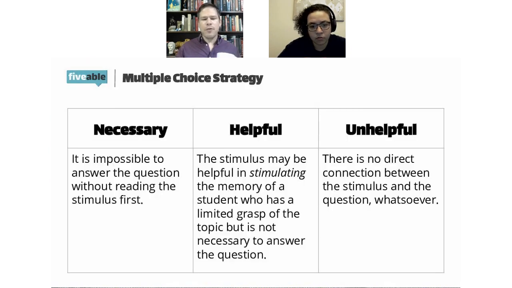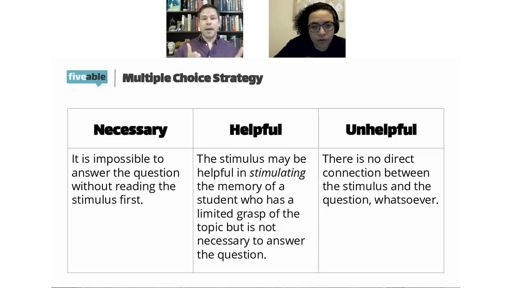And so as far as this goes, when we approach these questions, we have to think about, how does this question relate to the stimulus? I've seen that probably only about a quarter to a third of the questions on any individual test really, strictly speaking, require the stimulus. And I'm talking about a student that's going to make a 4 or 5 on the test. That student could answer the vast majority of the questions without looking at the stimulus material.